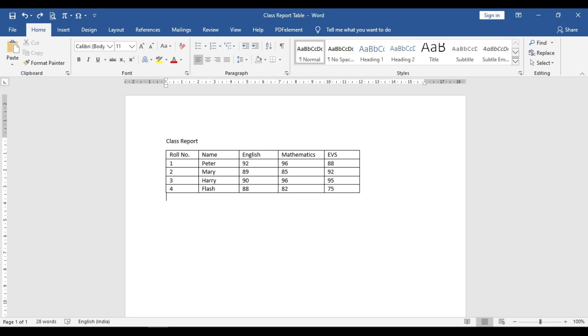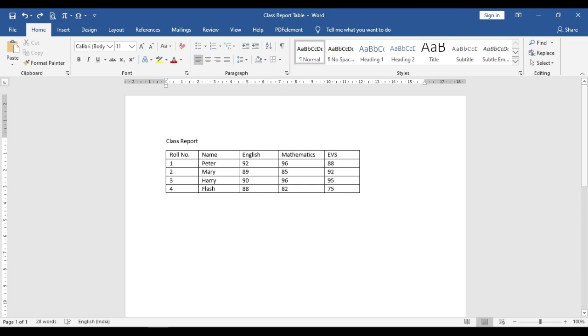Now let's check them one by one. Alignment of text in a table. Aligning text in a table refers to the horizontal alignment of text within the table. The text in a table can be aligned either left align or right align, or we can also make it center align or justified.